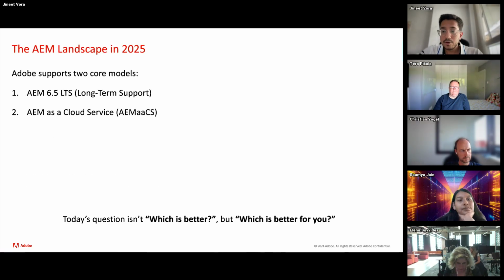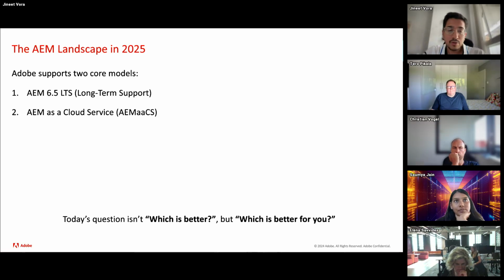Okay, so this is the AEM landscape in 2025. Here, basically, as you know, AEM 6.5 has been around for more than 6 years, and it has been widely used across organizations. And it relatively supports two operating models, which are on-premise and AEM as a managed service.